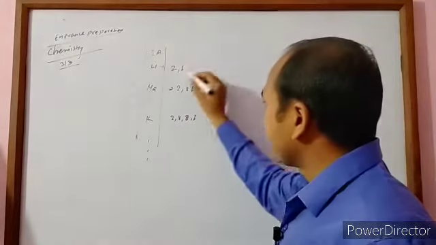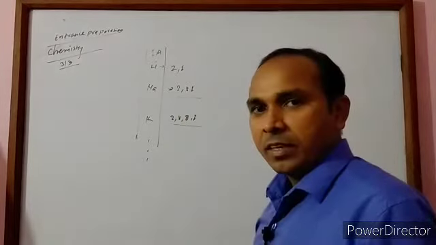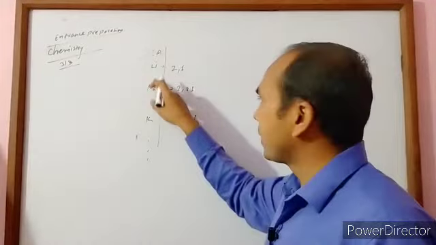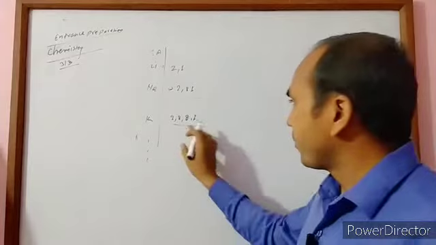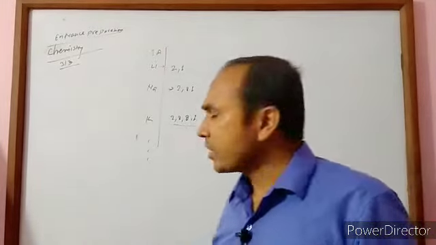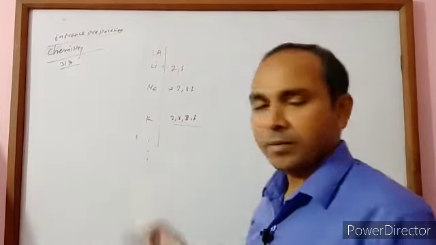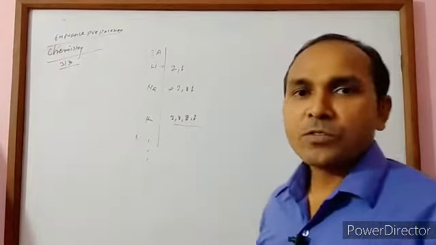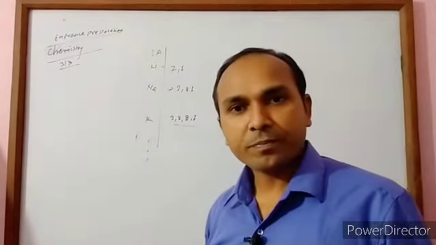Then there are 2 shells, 3 shells, 4 shells. So potassium is larger than sodium, and sodium is larger than lithium. It means that potassium is the largest of these three. Sometimes this type of question is asked: which one is more reactive, sodium or potassium? Then first of all we have to recognize which atom is the larger one,